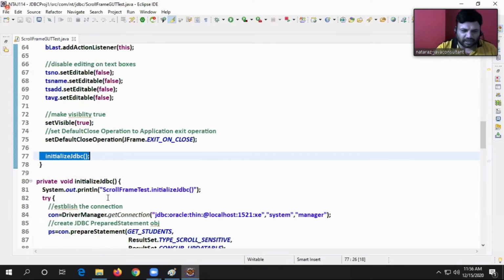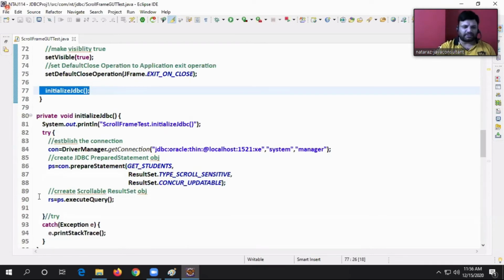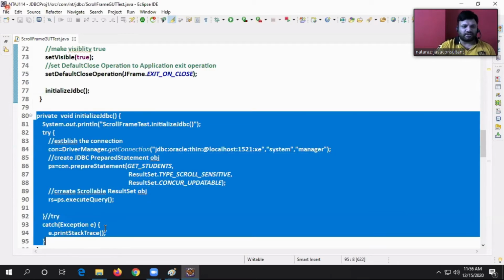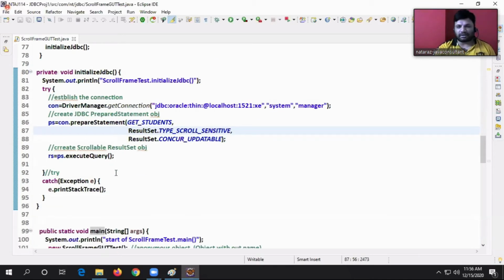When I call the initialize JDBC method, it is creating the connection, creating the prepared statement, executing the query, and getting the scrollable result set object. What object, guys? Scrollable result set object. Are you understanding my statement or not?